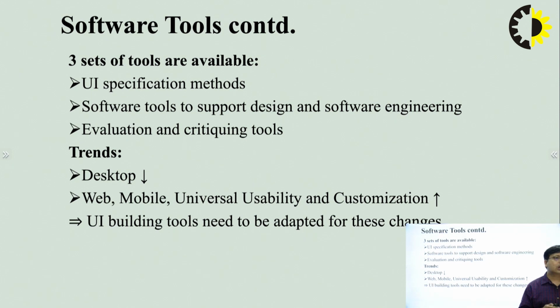So these are three kinds of tools available in the market that will help in developing a UI. The first tool supports gathering the specification, the second tool develops models, helpful in developing various software models, and the third tool is used for gathering feedback and evaluation criteria that will be helpful for the improvement